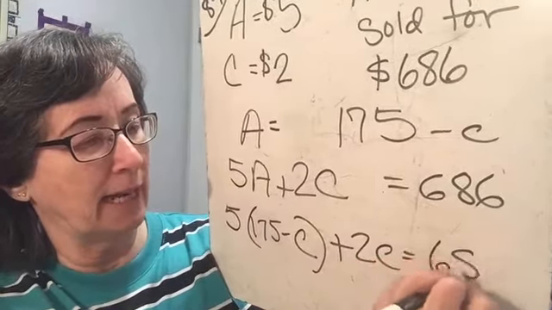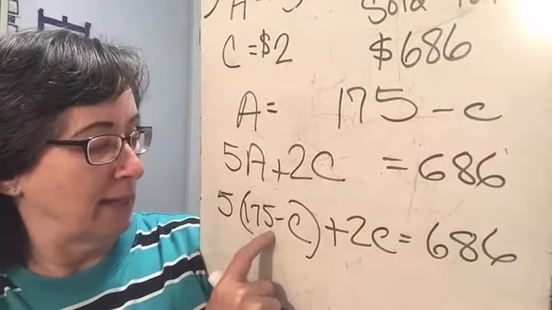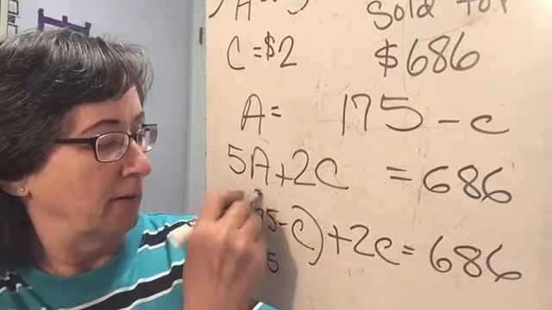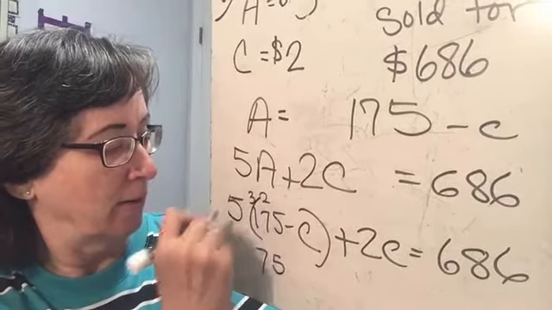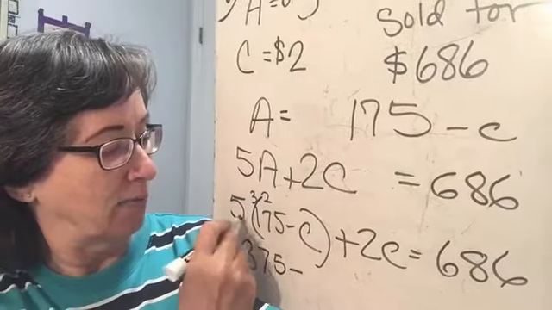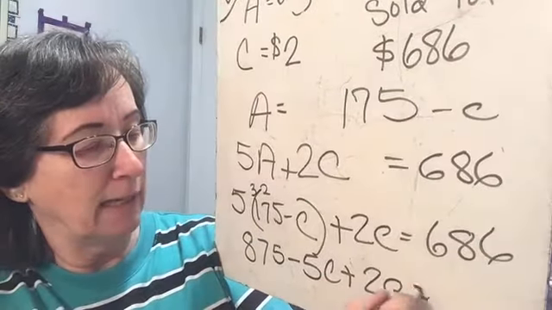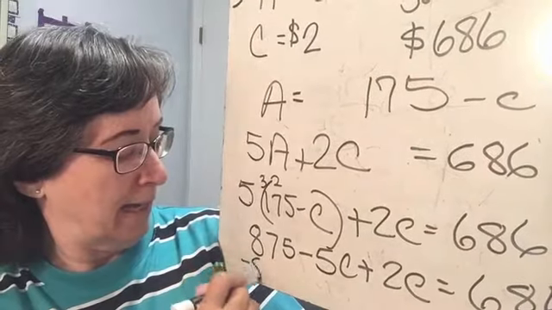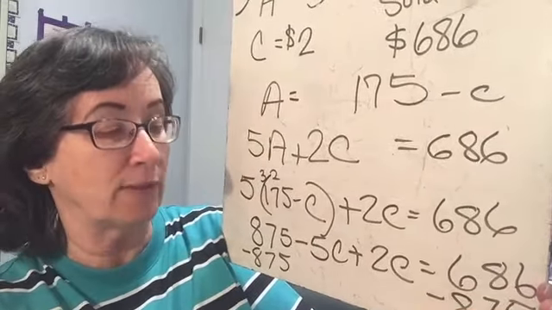equals 686. All right, so 5 times 175. Those are big numbers, but 5 times 5 is 25. Carry the 2. 7 times 5 is 35, 36, 37. Carry the 3. 5 times 1 is 5, plus 3 is 8. Minus 5C plus 2C equals 686. So we're going to subtract the 875 and subtract the 875, which will leave us a